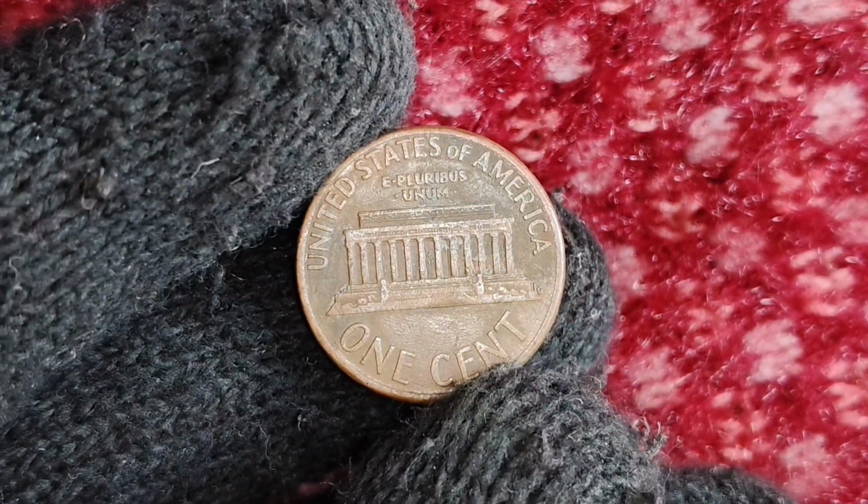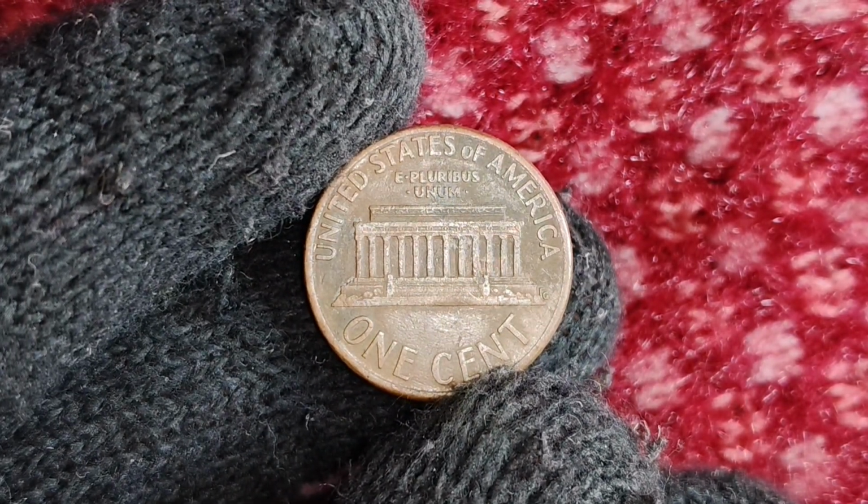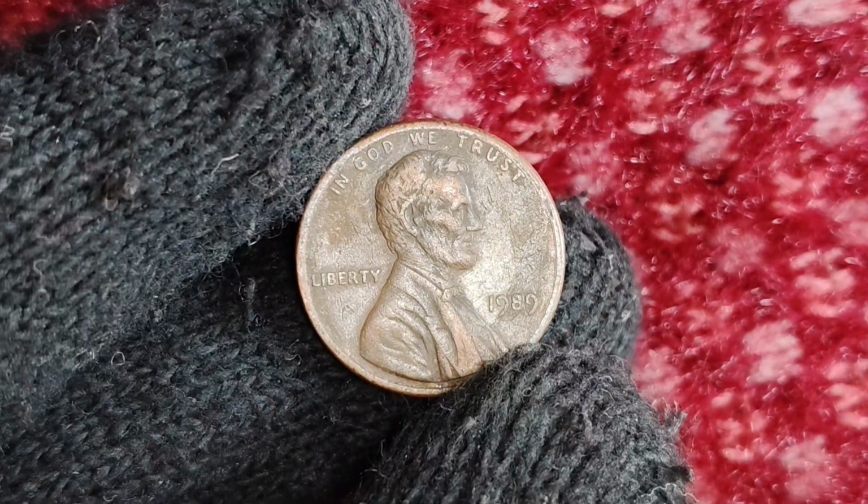Coin collecting can be an exciting hobby, and who knows, your next find could be worth far more than you